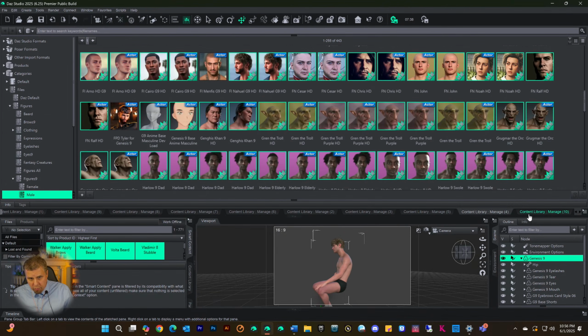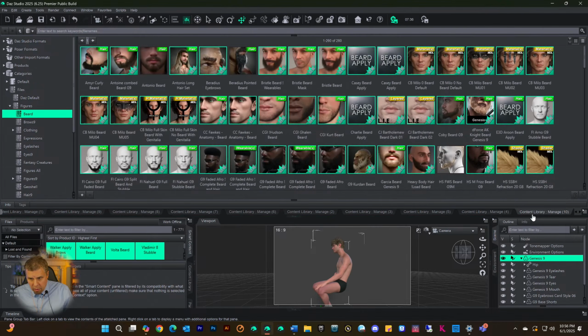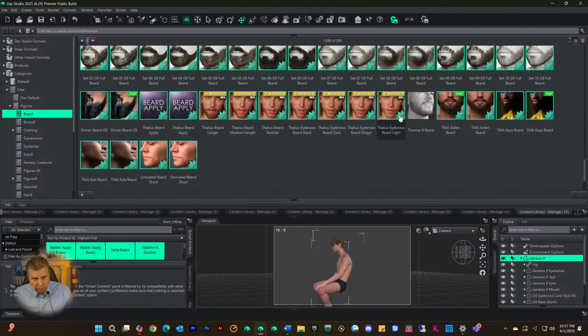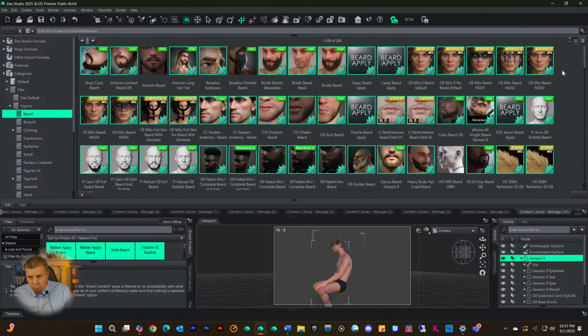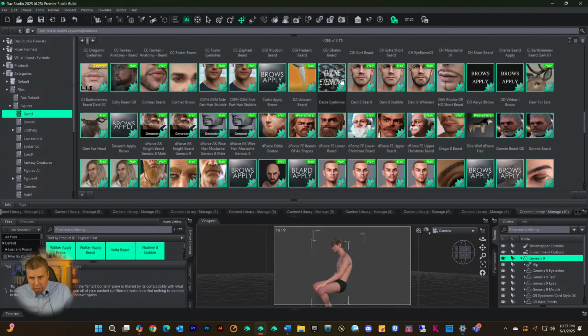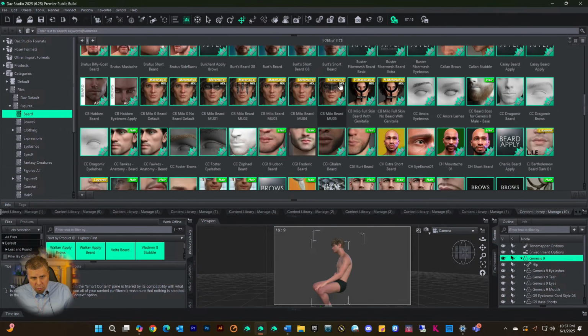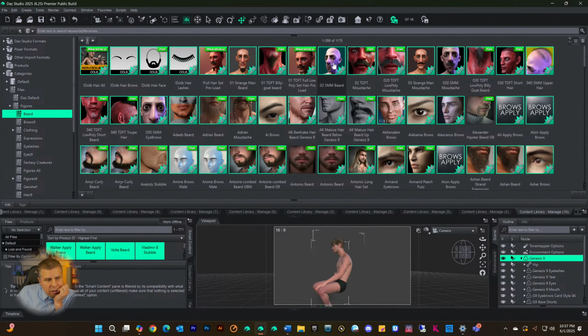I don't know which one it is, because it might be... okay, oh, this is it. Okay, I think this is the beard one, yeah. Now what you do is you refresh it. Now look at that. See, there's a bunch more in there. And these are